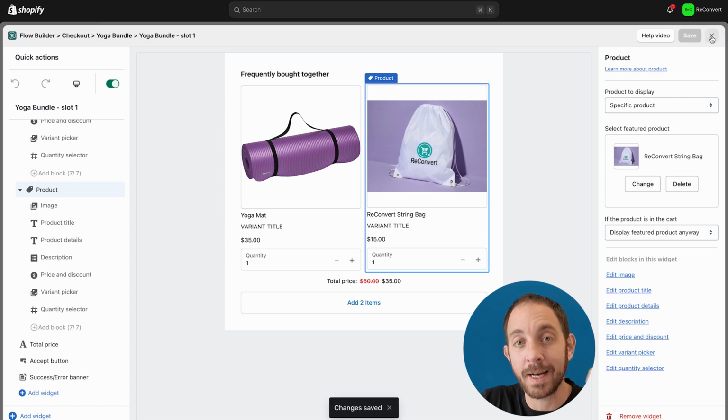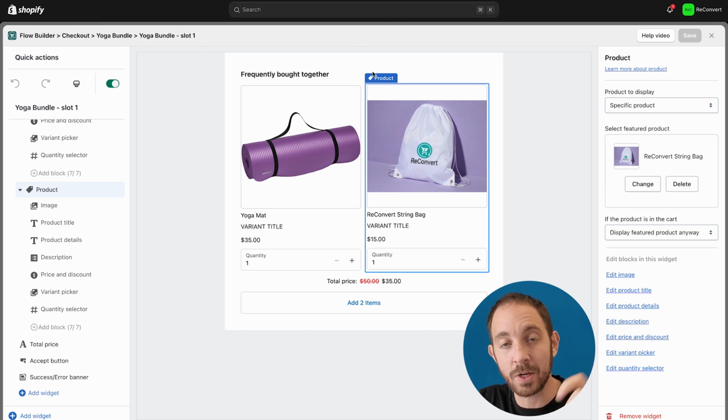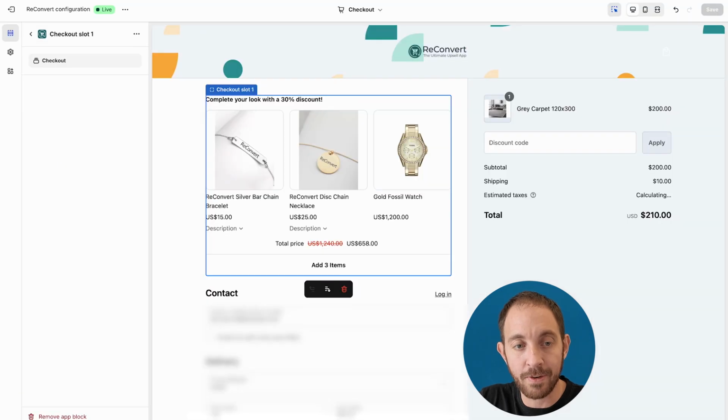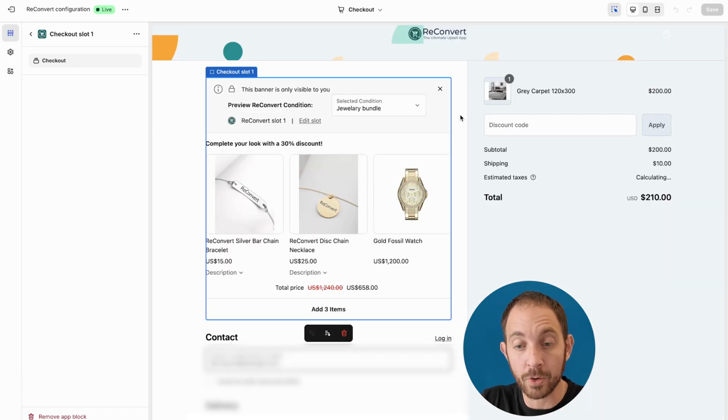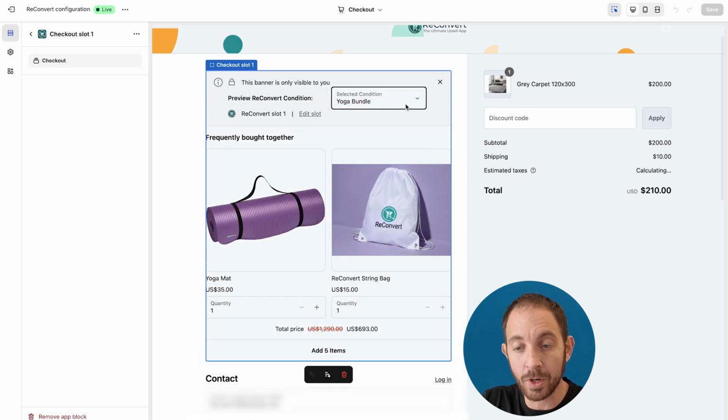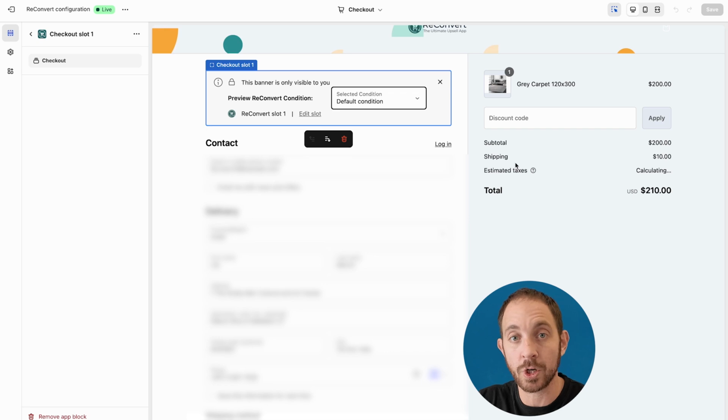I don't even need to place it within the checkout editor because it's already there. I already placed slot number 1. It's just the condition that is going to change the widgets that are inside. So if I hit refresh in the Shopify checkout editor, I'm now going to have 3 conditions. This is the jewelry bundle, we're going to have the yoga bundle, and we're going to have the default condition,